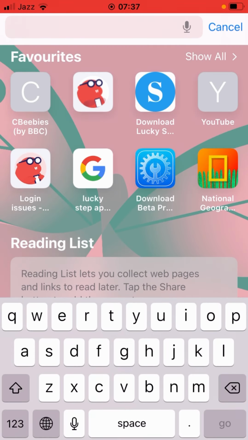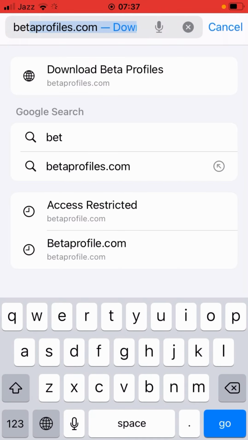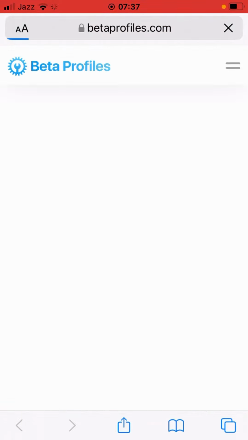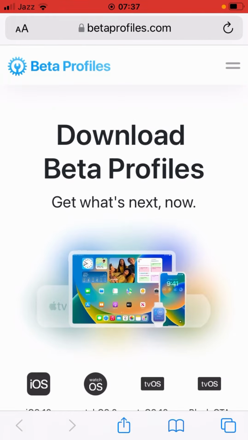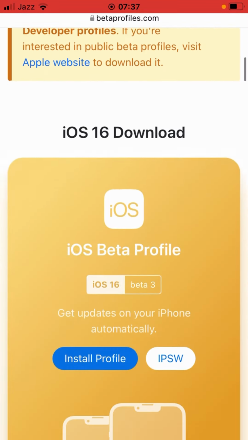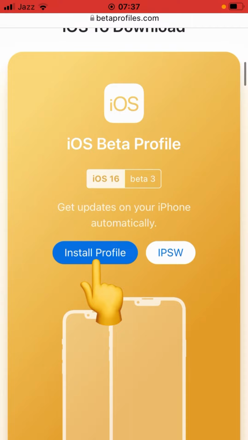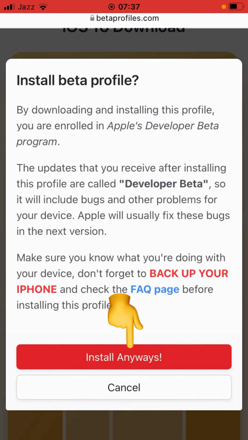Just go back to your home screen and open up the Safari browser on your device and then search for betaprofiles.com. Here you can see, here it is. So search for this and then scroll down here, and here is the iOS 16 beta 3. So tap on install profile, tap on install anyways,